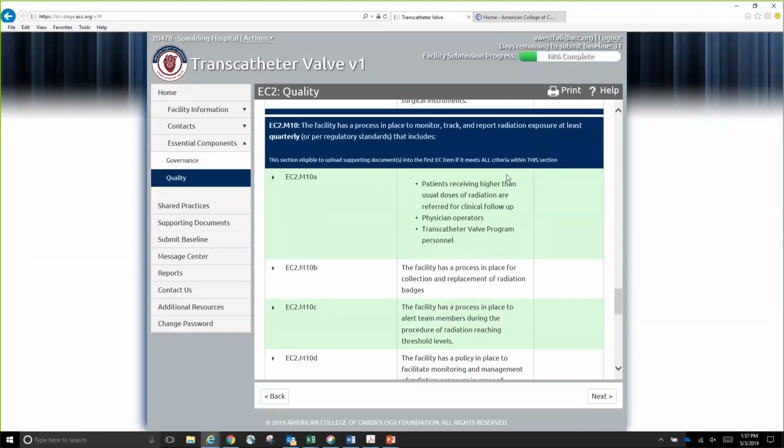EC2M10, we want to see that you have a process to monitor, track, and report your radiation exposure at least quarterly, or more frequently per your regulatory standards in your state. We want to see patients receiving higher than usual radiation dose or referred for clinical follow-up, that you're tracking those doses for your physician operators and your staff working in your transcatheter valve program,